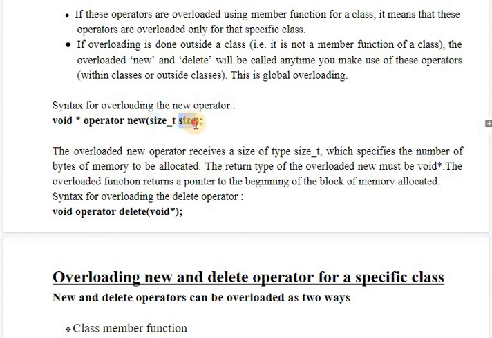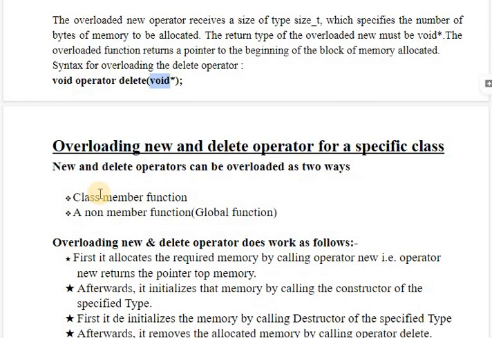This size can be anything which will be defined by you, and it specifies the number of bytes that you want to allocate using the new operator, and the return type remains always void pointer. Similarly, if we are using new, then we have to use delete or overload the delete operator as well. So whatever void pointer new has created, delete deletes that void pointer. That's why we have not returned void pointer here, but it will delete the void pointer returned by the new operator. Okay, so we will understand this with the help of an example.